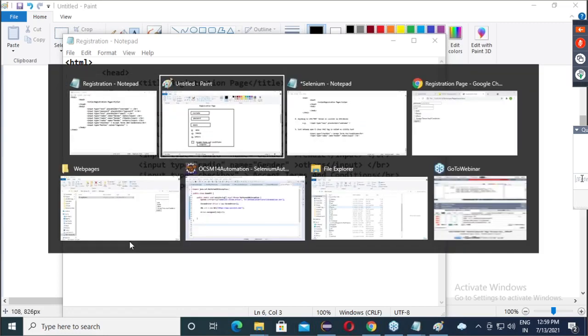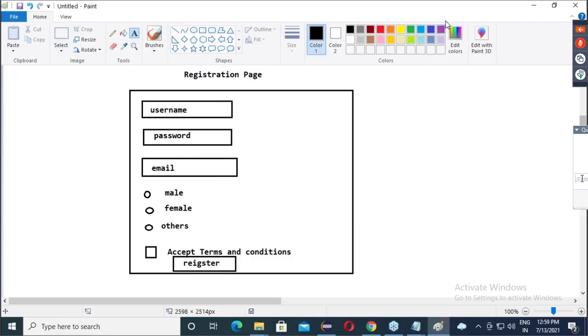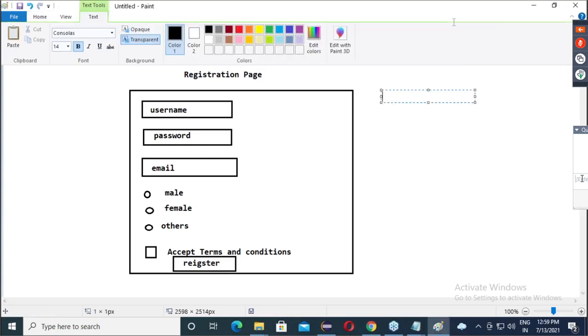Any field will have a text box, a password box. After that, radio button, then checkbox, and then normal button. After this, drop down. Can I say those are list boxes? Okay, list box.